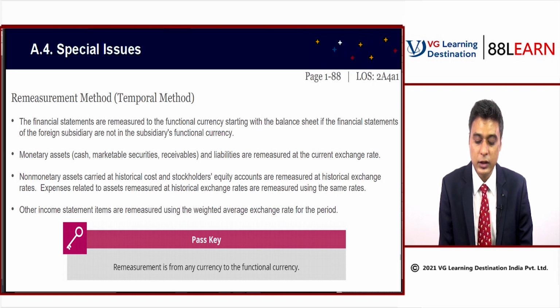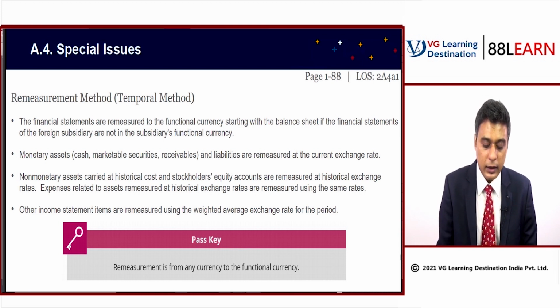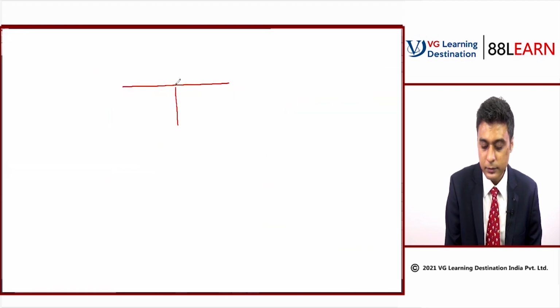It says if the financials are not in the subsidiary's functional currency. That means the financials are not in USD. The financials are in Ecuadorian currency. And so we are using the remeasurement method to convert the financials from Ecuadorian currency to the functional currency, which is US dollars. And we are doing that first starting with the balance sheet. That means we will convert the balance sheet, then go to the income statement. Okay. Now let me take a pause here and explain. If you start with the balance sheet,